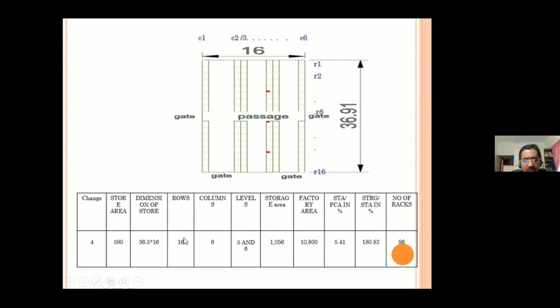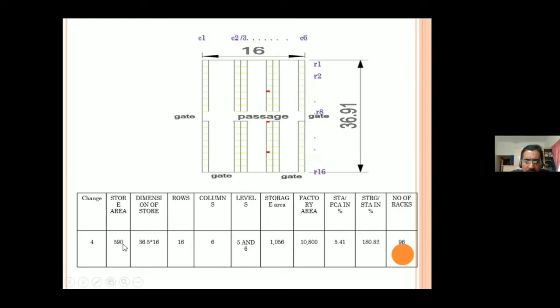The dimension of the store becomes 36.5 by 16. We have 16 rows, 6 columns inside the store. Columns 1, 2, 3 will be of 5 levels. Columns 4, 5, 6 will be of 6 levels. Storage area is 1056. Factory area is 10,800.